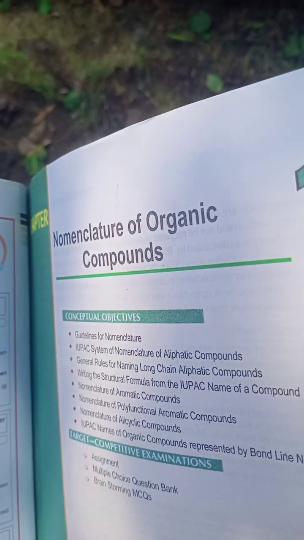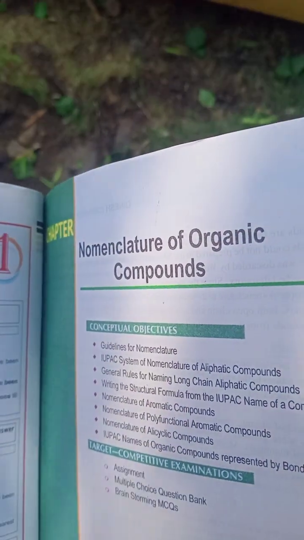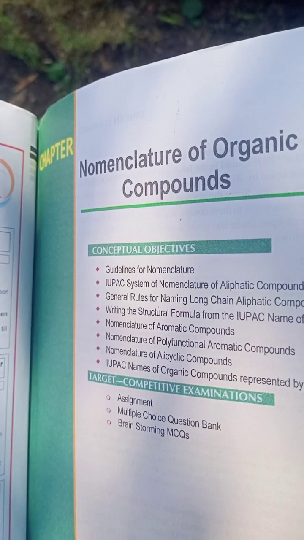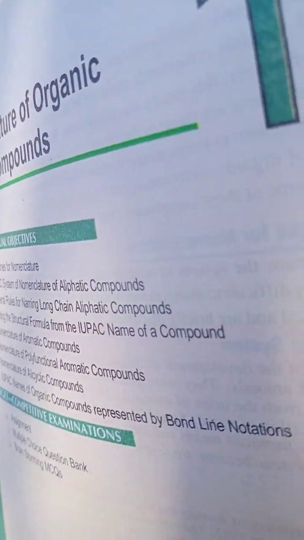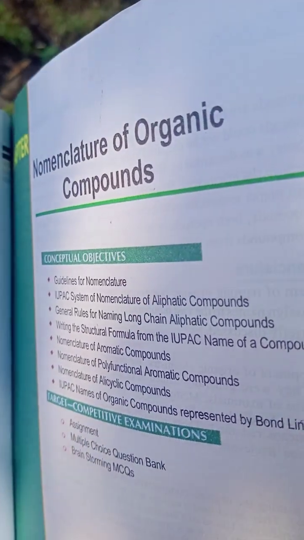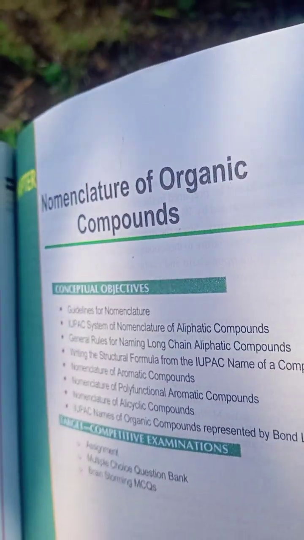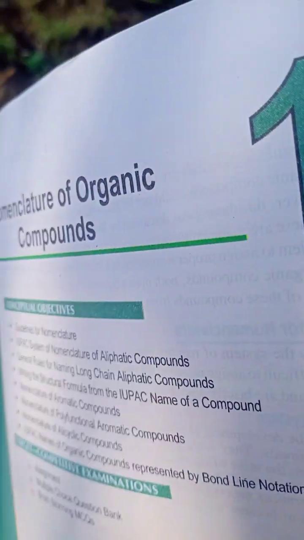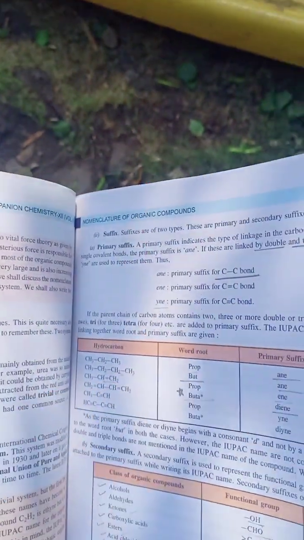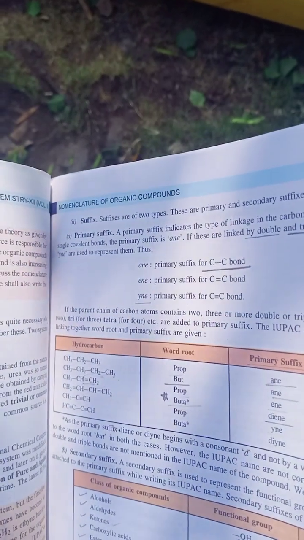It is not widely accepted. For example, if I go to an office and say that my name is this, nobody would accept it. So I have to assign a particular number, a particular name to that institution or to my name, so that it should be known to each and everyone whenever someone says my name. So this is only about tribal or common names. Then we have IUPAC names. IUPAC names are internationally and widely accepted worldwide.